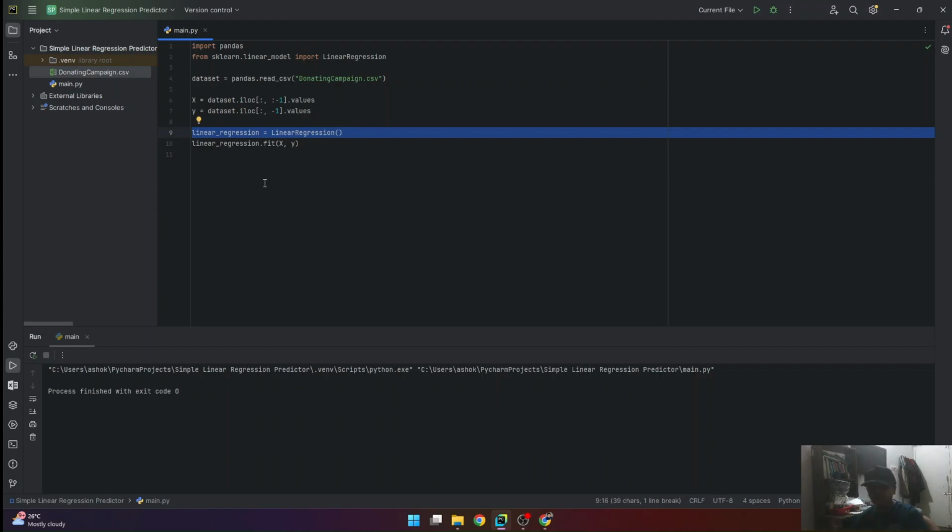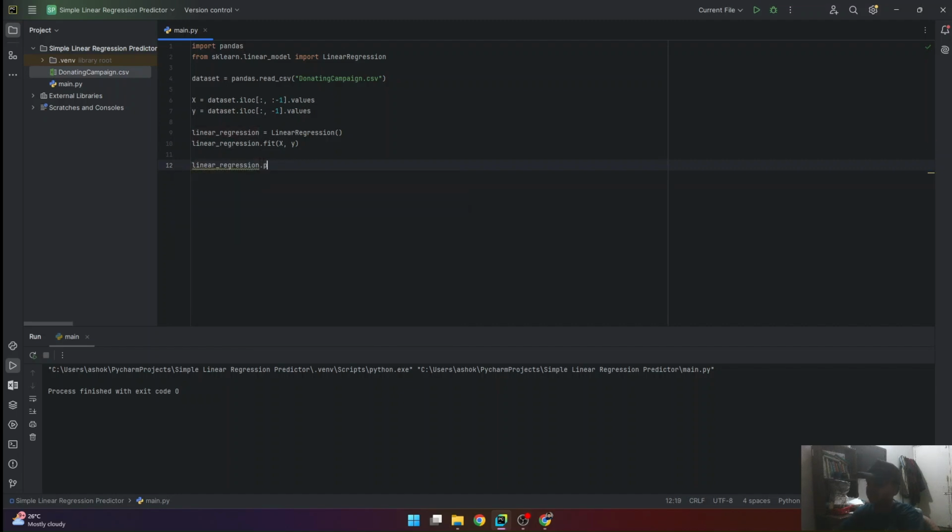But we trained the model. How do we make it predict the values that we need? So friends, we use what's known as the linear regression predict method. We provide a 2D array to this function and this returns the value to be predicted. So we can for now take any number.